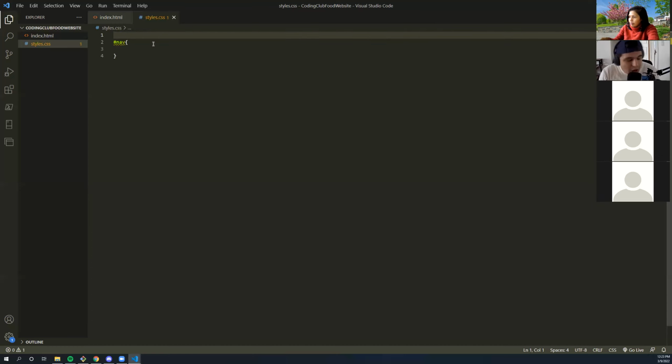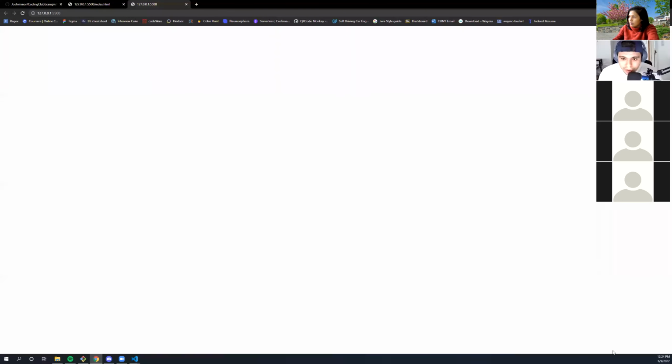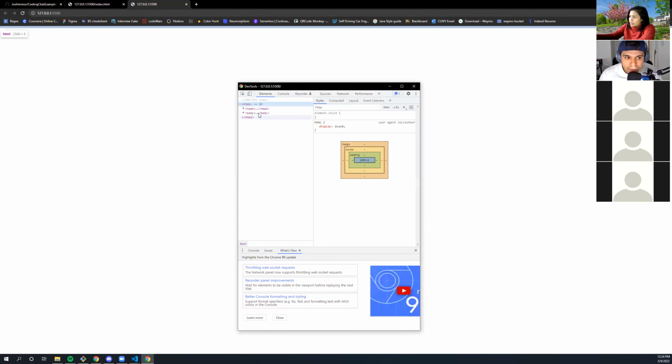Before we do that, I want to take a look at what we have right now. It's going to be a blank screen, but if we click inspect element and go over the body element, we notice there's this unjustified space.